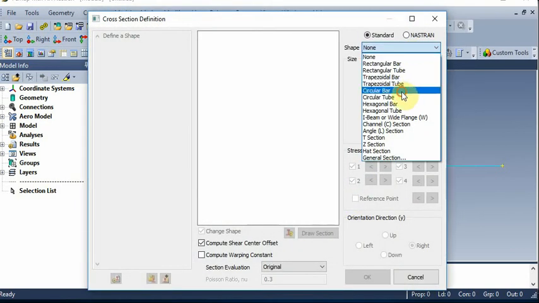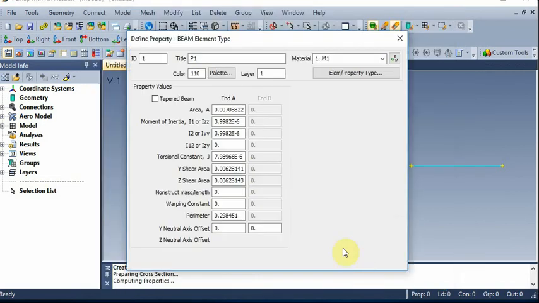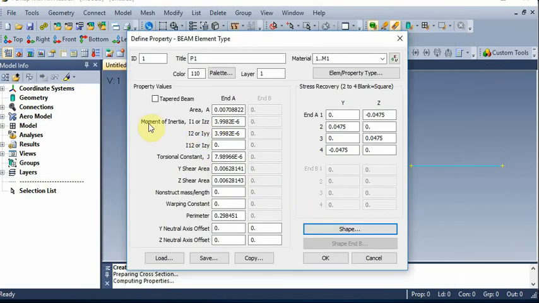So circular bar, give the radius from the given moment of inertia, calculate the radius, it is around 0.0475, give OK. The remaining parameters will be automatically calculated. For cross verification you can check here, moment of inertia value is nearly 4 into e raised to minus 6. So our calculation is right.